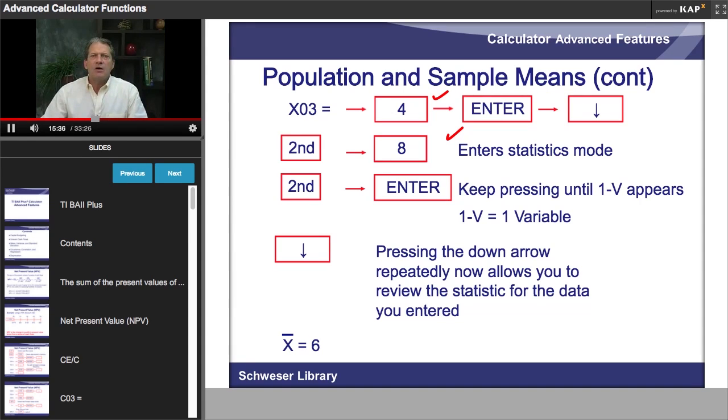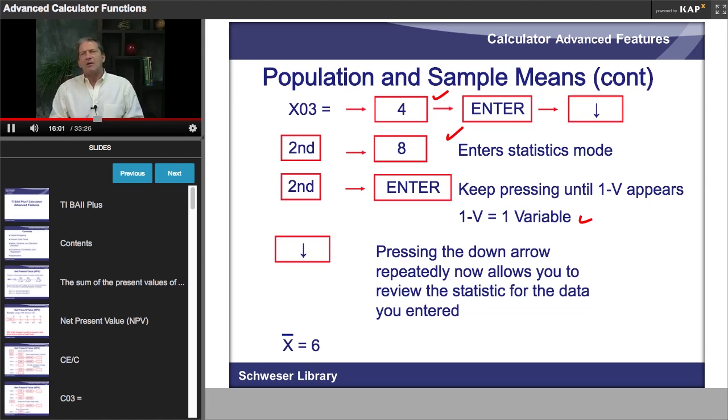Now, go to second, enter, and keep pressing that until 1V appears. That is, we've got to tell the calculator, hey, we only told you one variable. And then as you press the down arrow now from 1V, see, that's really the set key when we're doing second enter,